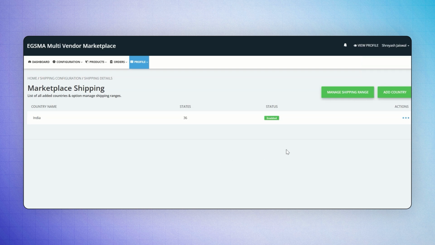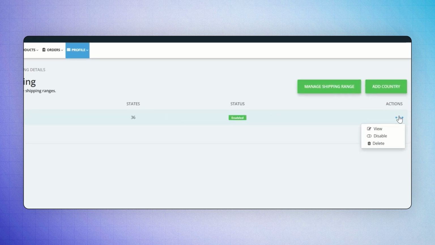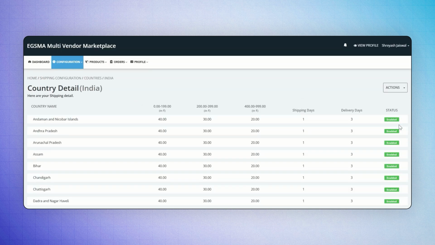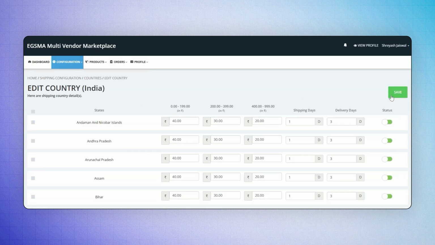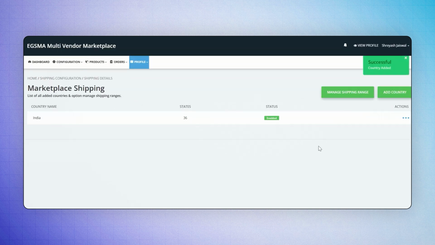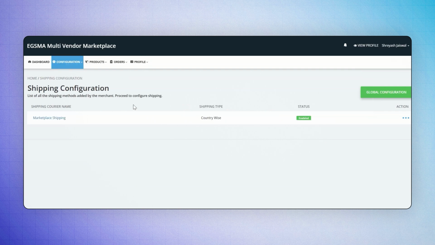You can also view, disable, or delete the shipping rates for a country by clicking on the three dots. To edit the shipping rate for a country, click on the View button, make the necessary changes, and then click Save. Now, coming back to the shipping method page, the seller can also set the global shipping and delivery days